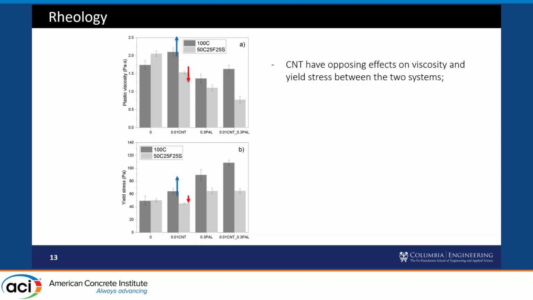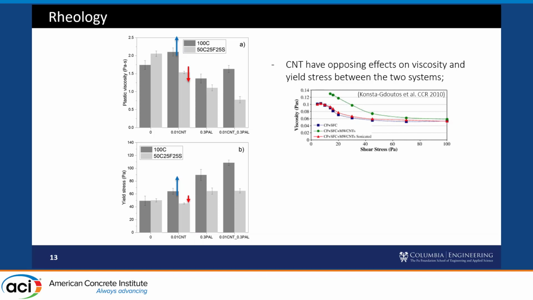Okay, so now getting into the nanomaterials. The CNTs had opposing effects on viscosity and yield stress between the two systems. If you look at yield stress on the bottom, it increased that parameter for the OPC, but then it led to really no measurable change in the blended. With plastic viscosity, it increased in OPC and decreased in the blended. So that's not really what we were expecting. I think what we were hoping for was no change,